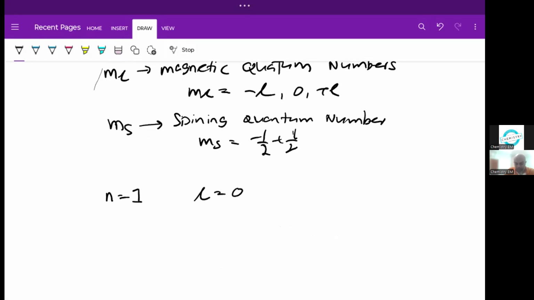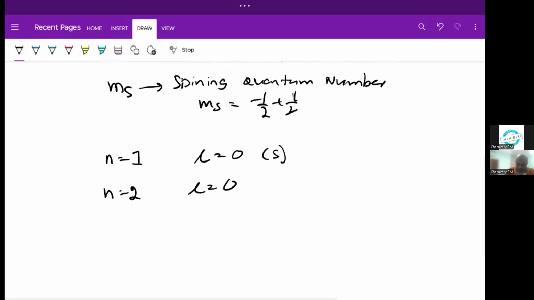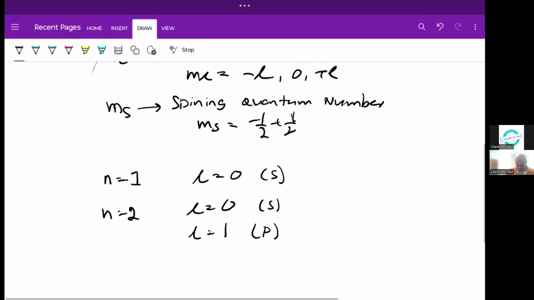So we discussed that L equal to 0 is S. Right? Then n is equal to 2, that has L equal to 0 and L equal to 1, because L values are varying from 0 to n minus 1. This is called as S, this is called as P. Right? So on the other hand,